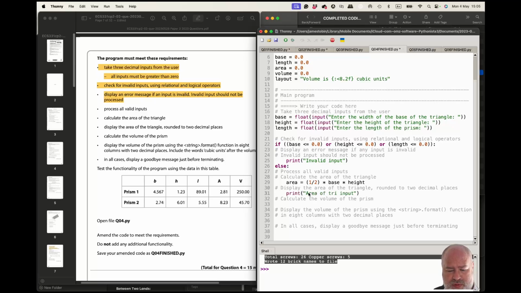Area of triangle is, and then I like using the F formatter string to make this look neater, but if you don't know how to do that, or if you're using curly braces and that's confusing for you, then just use your basic way of doing it using commas. So I can say